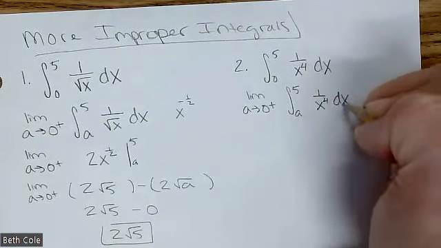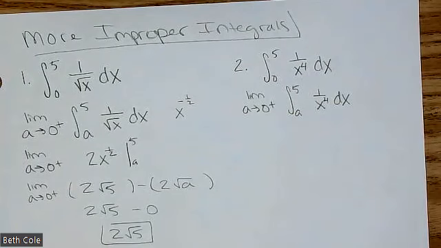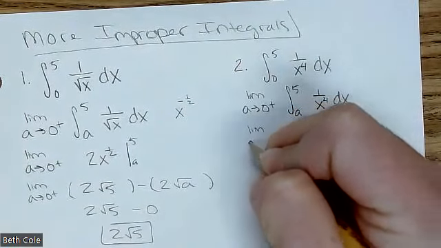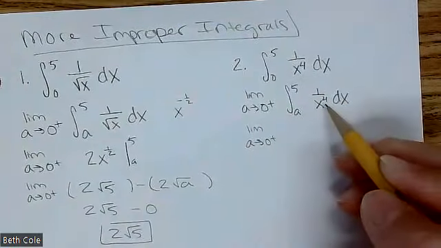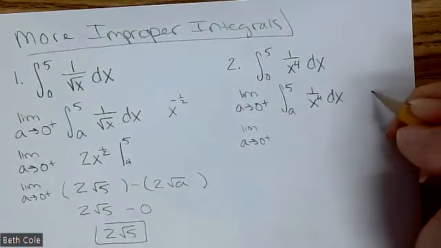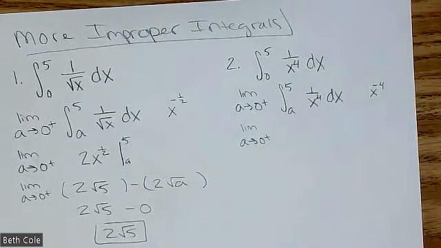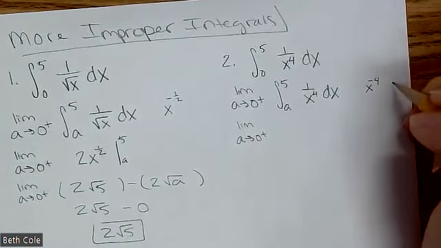All the rest of this is the same. And once again, if you didn't realize this and you forgot and you did the problem just regularly anyway without a limit, you would still get the same answer. But if it's free response, they're not going to give it to you if you don't write a limit. So, all right, then your antiderivative. I would write off to the side, this would be x to the -4th. You have to add 1 to that, so it'll become